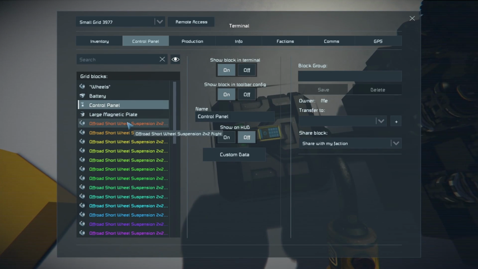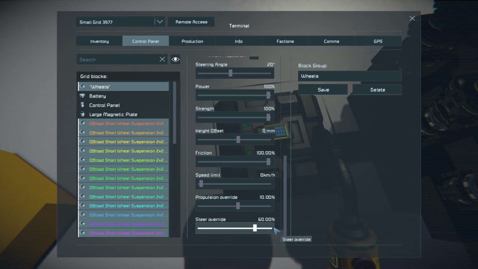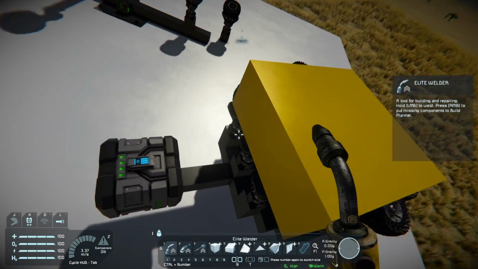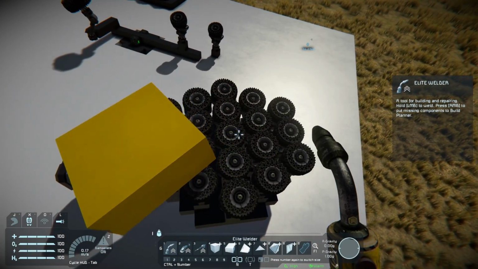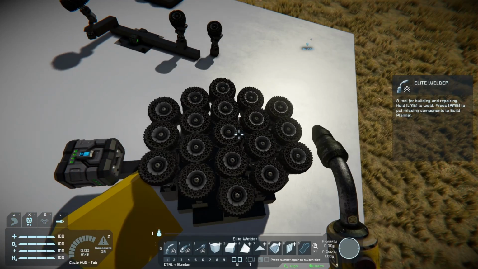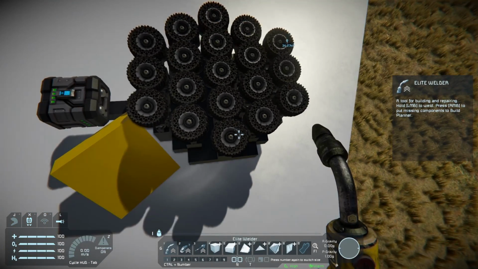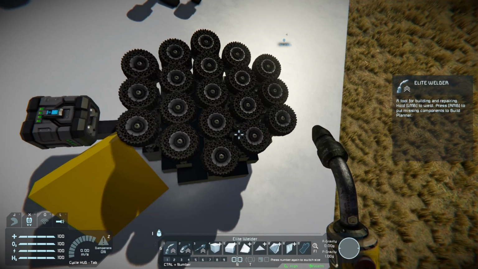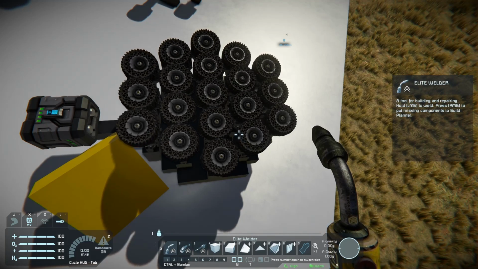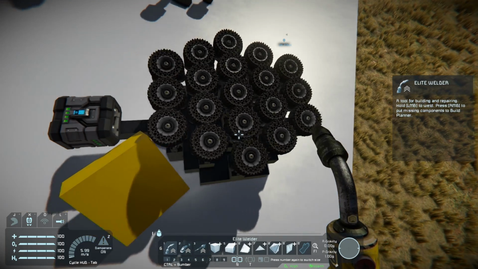What about if I increase... I don't want to increase the speed limit, but if I increase the override, does it make it... Why are some wheels spinning a lot faster? That is weird.